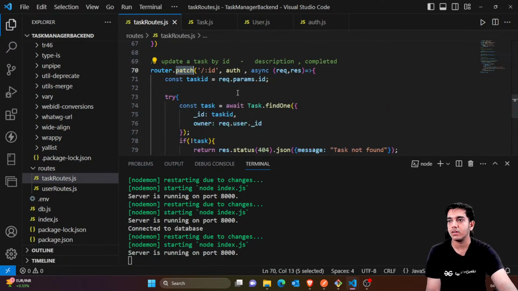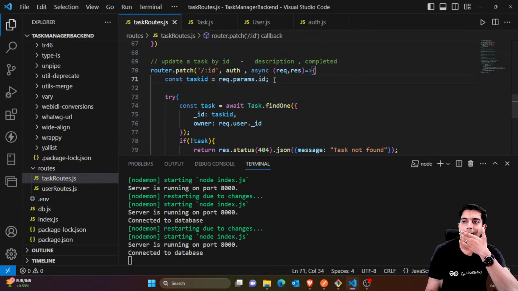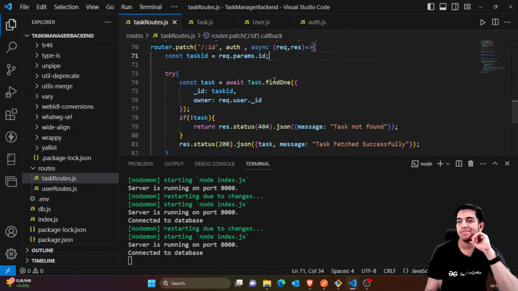Okay, patch is for updation. Now I'm simply getting the task ID from the params. I'm getting the user ID from the middleware. Okay, so we have the task ID, we also have the user ID. Okay, so now what I want is simply